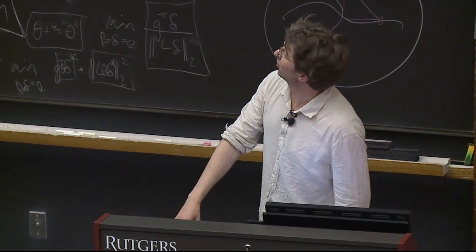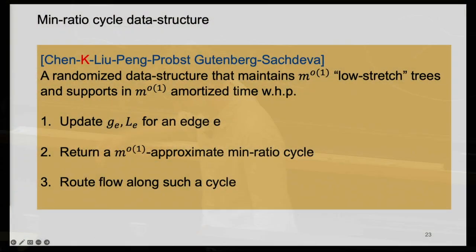But here is the data structure. So we need to solve the L1 min ratio problem. We need to do it while updating gradients and lengths. We only need to do it approximately. We need to route flow along cycles when we find them. And just to mention only once, there's something tricky, but fortunately standard, which happens even in very old algorithms,